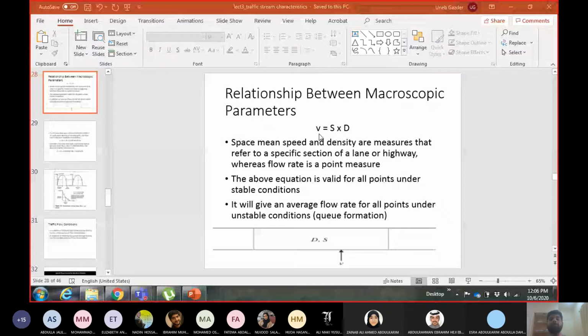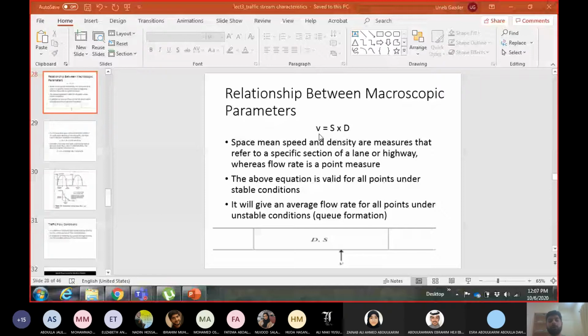Okay. Now why am I calling it rate of flow? Because when you multiply S with D, you will get the unit of V as vehicles per hour. So obviously it can either be rate of flow or it can be volume. It cannot be volume because this is not observed for 1 hour. Okay, you are calculating it. So this is not the actual number of vehicles which you observed for 1 hour. So I cannot call it volume. The only thing I can call it is rate of flow.